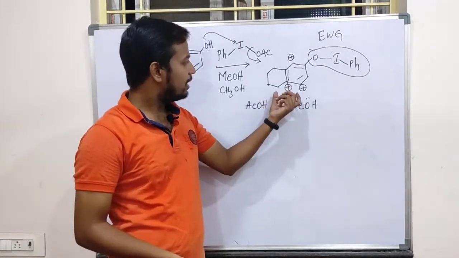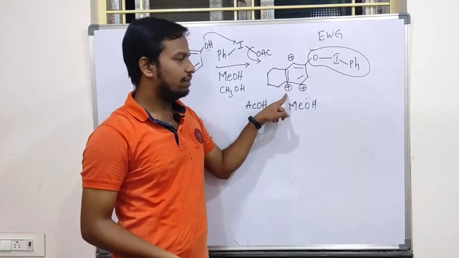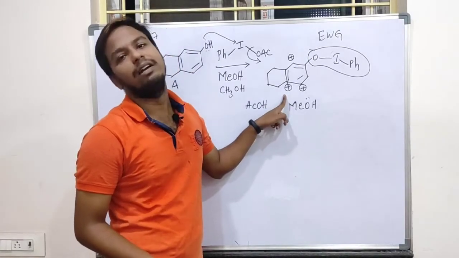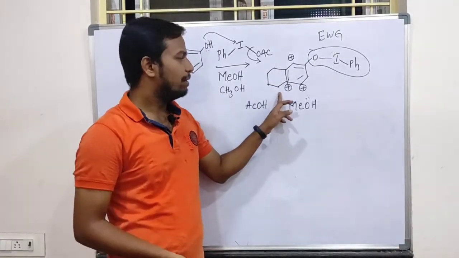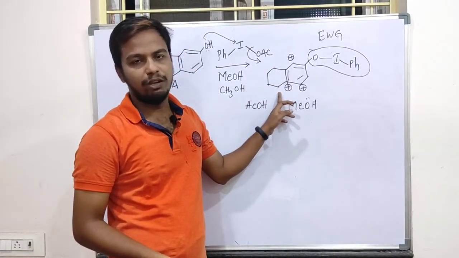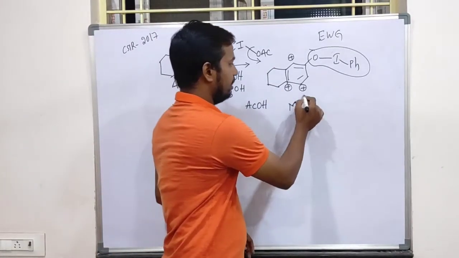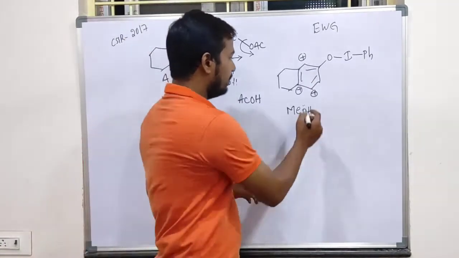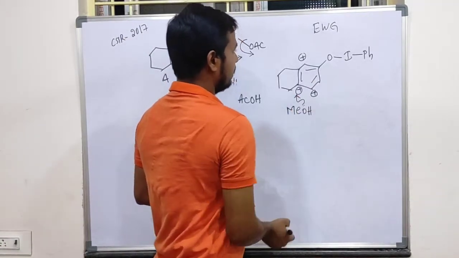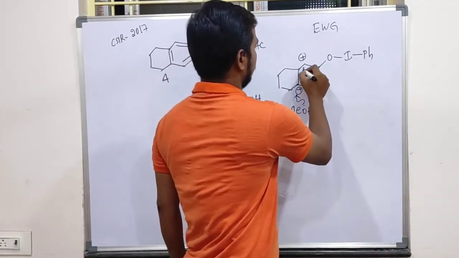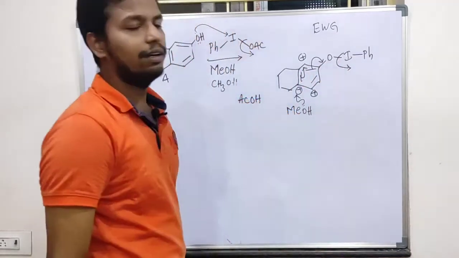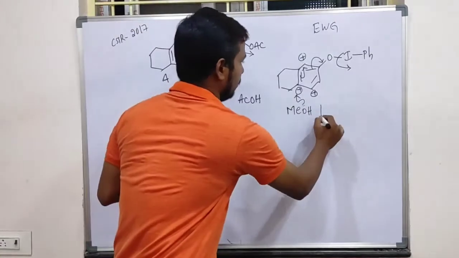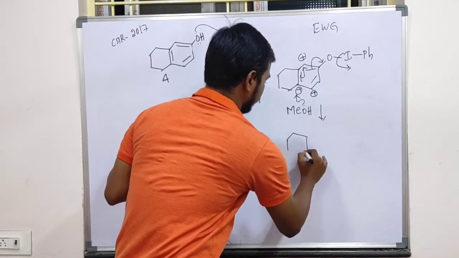Why? Because see here, it is a bridged carbon atom. This carbocation is bridged, that makes it more reactive than the other carbocations. Why? Because a bridging carbocation is not stable. That is why this methanol will attack here. So this methanol will be selectively attacking here, and this pi bond shifts here, and this will shift here, and it will become the leaving group. Okay, so the final product obtained here is